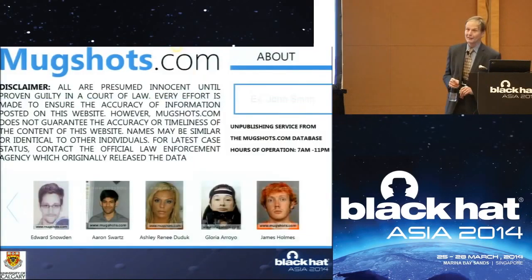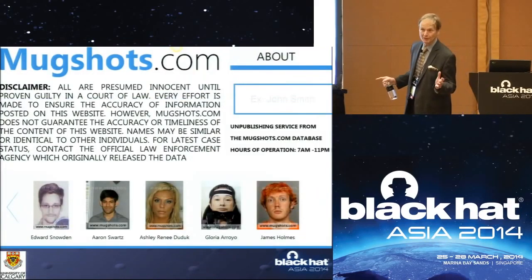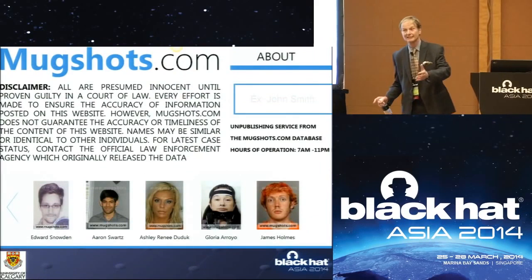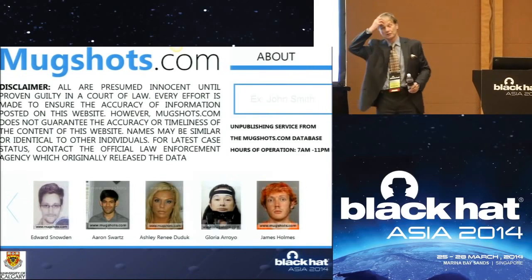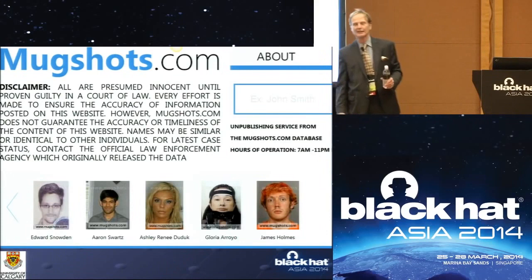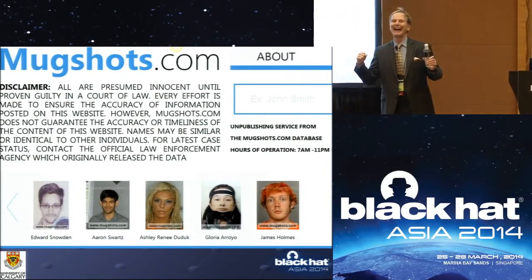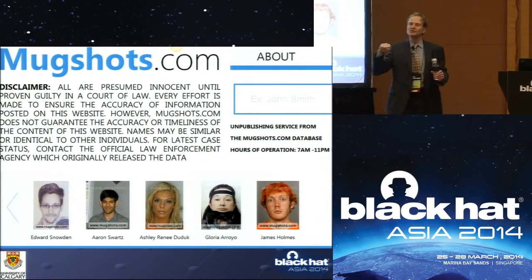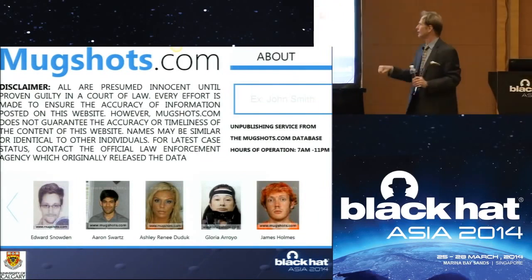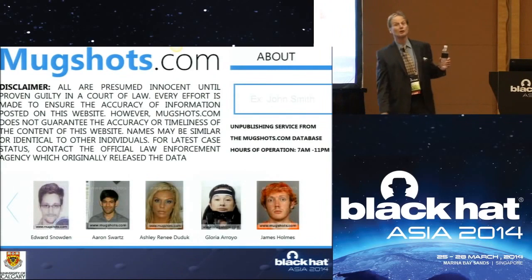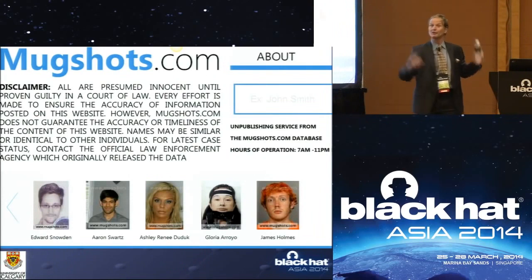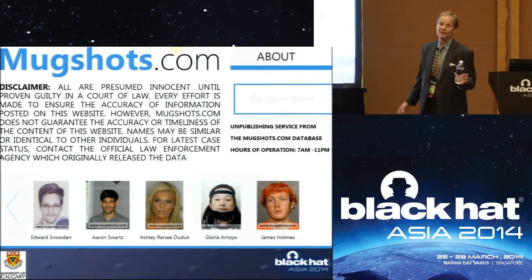But now we've got this. There's a whole, anybody seen a mugshot website before? This all started with Bill Gates and Lindsay Lohan and their mugshots being posted, but now just about everybody's mugshot gets posted. And the guy who runs this site is very interesting. He says, well, it's public information, and it's my patriotic duty to make sure that people know who the bad criminals are, so I put their mugshots up. Now that sounds great until you see that anytime between 7 a.m. and 11 p.m. you can call him with your credit card and he will unpublish the photo for $499. So yes, he wants people to know about bad guys, but not so badly that he'll turn down your $499.